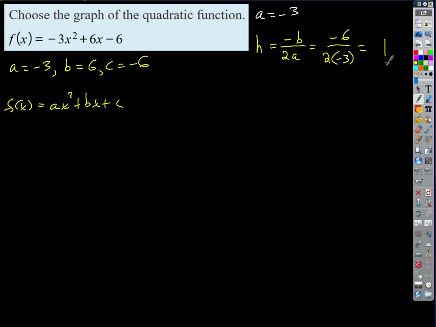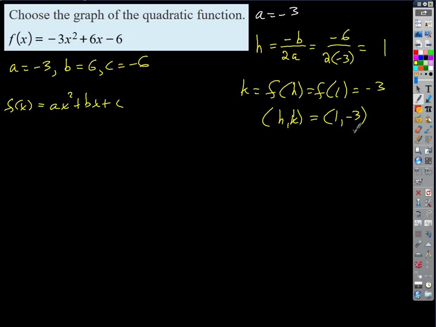Now, how do we find k? That's a y value. Plug it in. Right, to find a y value, you just plug the x value into the function every time, right? So k is just going to be f of h. So that's just f of 1. Well, if I plug 1 in, that's easy. What do I get? -3 times 1 squared is just -3, right? Plus 6 times 1 is 6, minus 6. Well, -3 plus 6 minus 6 is just -3, right? The 6 is canceled. So that tells us that the vertex has to get translated to the point (1, -3),